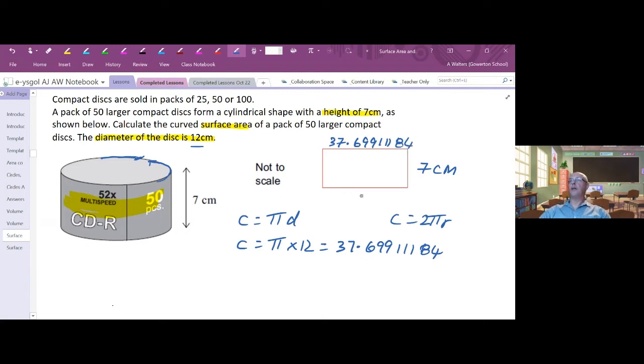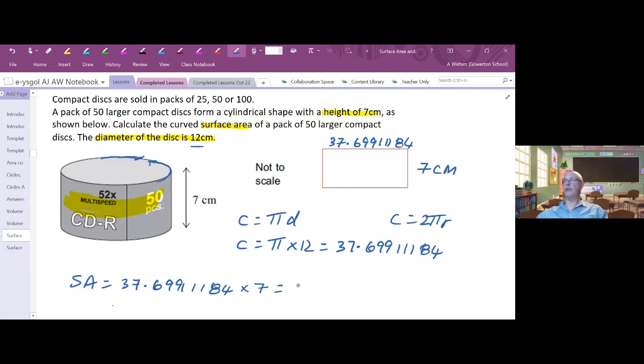So having worked out what the circumference of the cylinder is, and the height is 7, it's a very easy rectangle calculation for the surface area. So the area is the base, which is this number, and I would suggest you just leave it on the calculator screen. That's the base, or the circumference, times the height, which is 7. When I tap that out on a calculator,